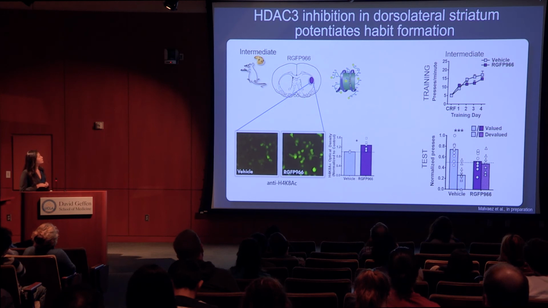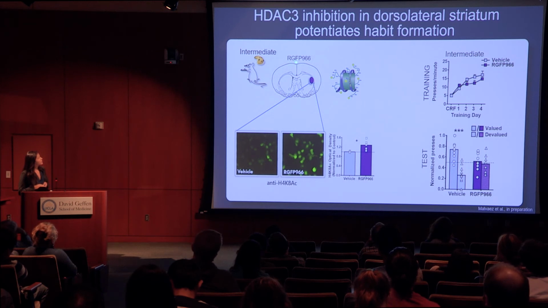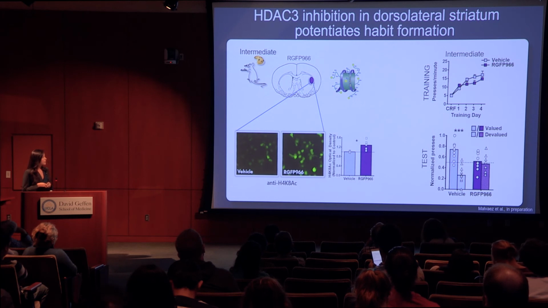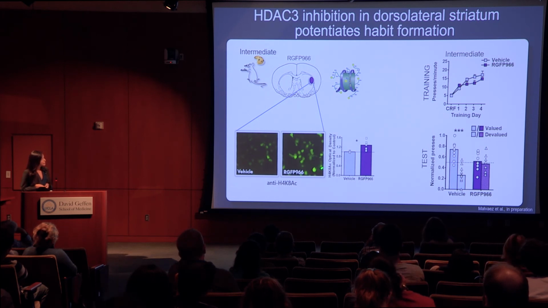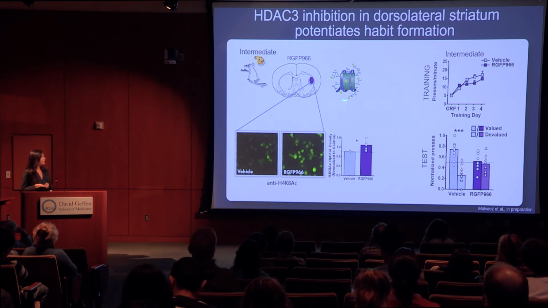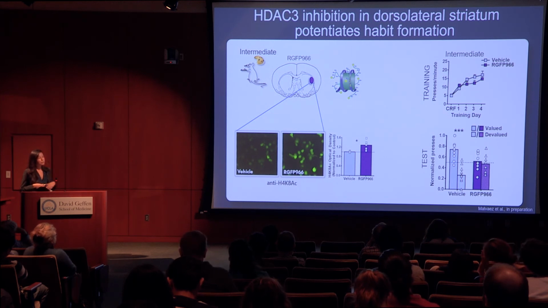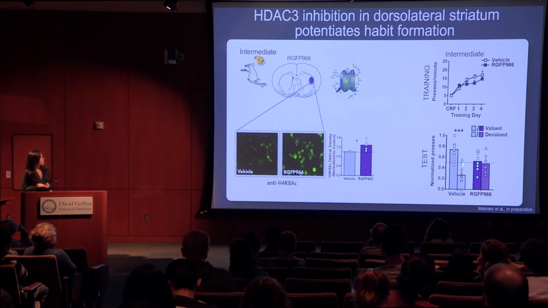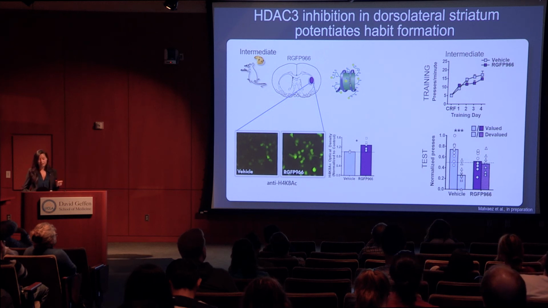And so what we did was train animals, again, using this intermediate training, and infuse RGFP 966, which is a selective HDAC3 inhibitor, into the dorsolateral striatum immediately after each training session. And so this increases histone acetylation within the dorsolateral striatum. And since this is increasing histone acetylation, creating this permissive state, the prediction is that you would enhance habits. And so that's exactly what we see with this intermediate training. When vehicle-treated animals are normally goal-directed, the animals treated with the HDAC3 inhibitor, specifically within the DLS, are now showing